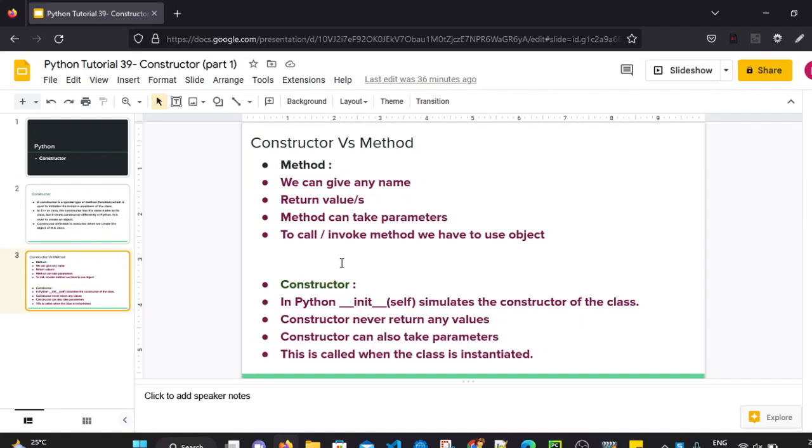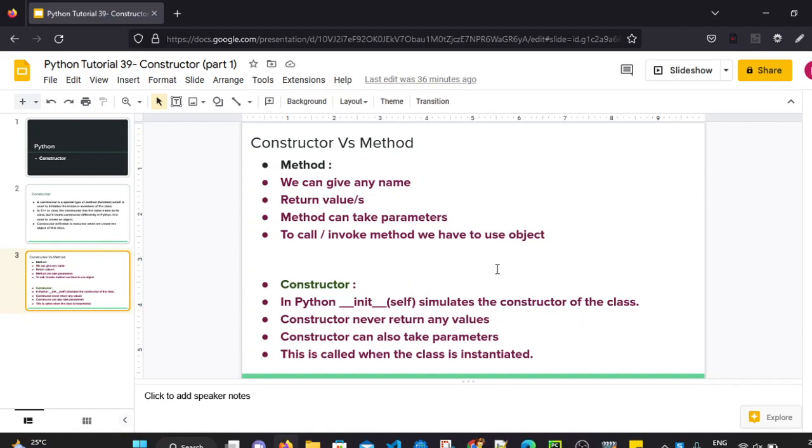But for constructor, we have seen for method we can give any name, but when we define the constructor, we cannot give any name to it. We should only use __init__(self). This __init__(self) is basically the syntax to define the constructor.